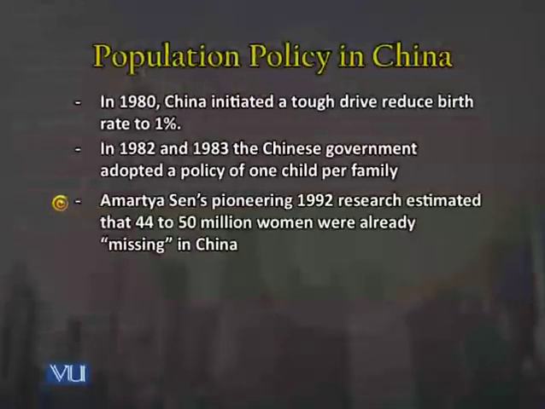And according to him, I'm just going to describe what is meant by this term missing woman. According to him, in China there were around 44 to 50 million women that can be put into this head of missing woman in China, according to Amartya Sen. So you must be thinking कि ये जो missing woman का term मैंने अभी बोला है, इसका क्या मतलब है. So Amartya Sen ने कहा कि